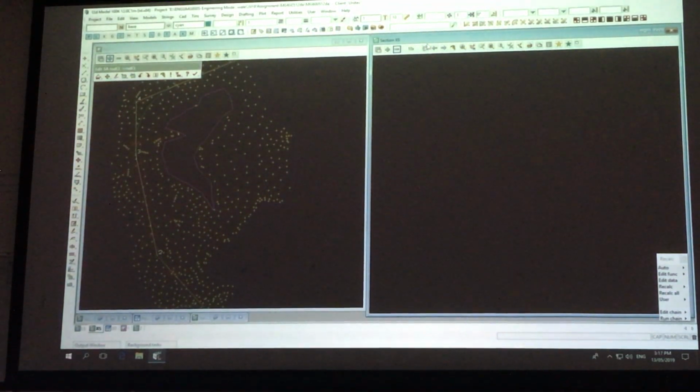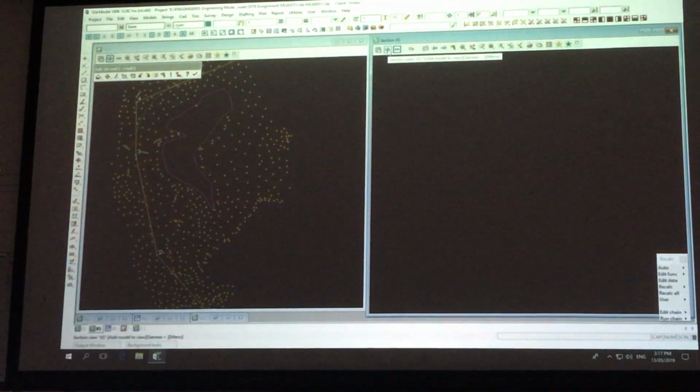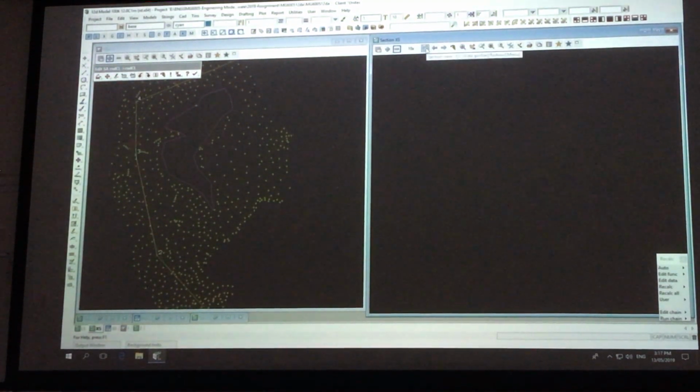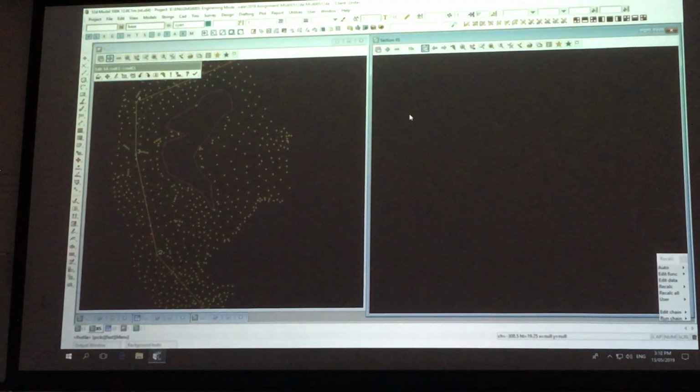What we need to do is to draw a profile of our new road alignment, okay? A vertical profile or a long section. So when you click on this icon here, knowing that you already turned on the view, the tin, you click here and it says down here, pick. Always watch what's the message here. See, it says pick